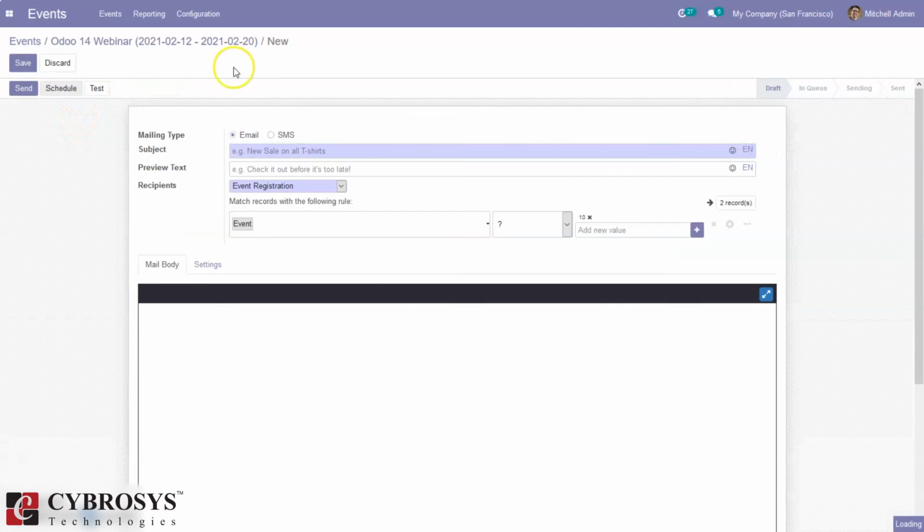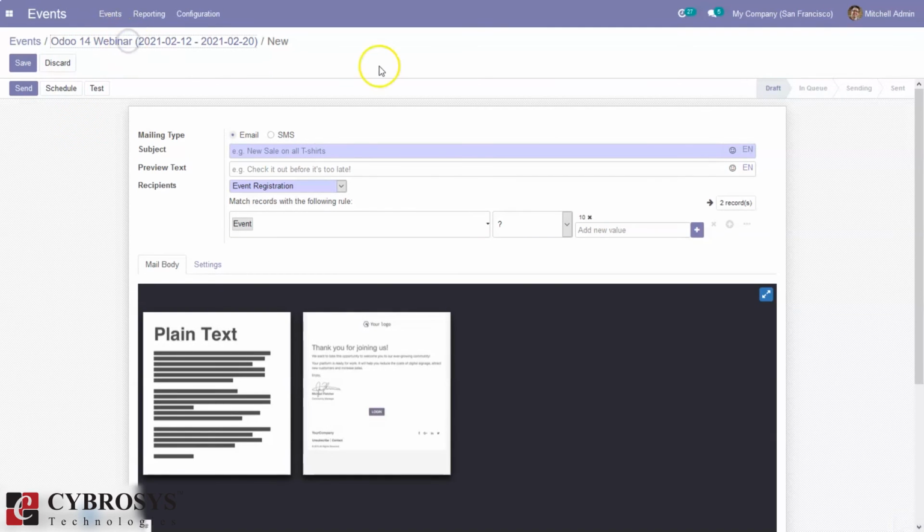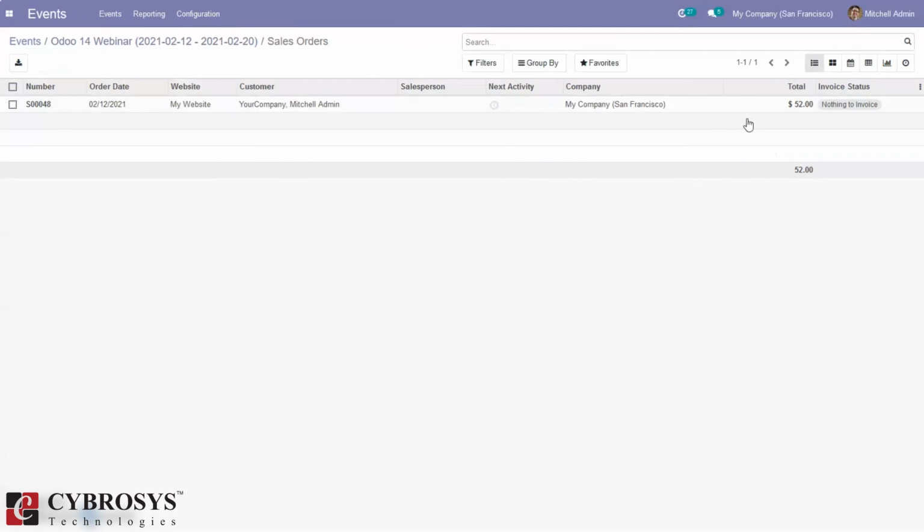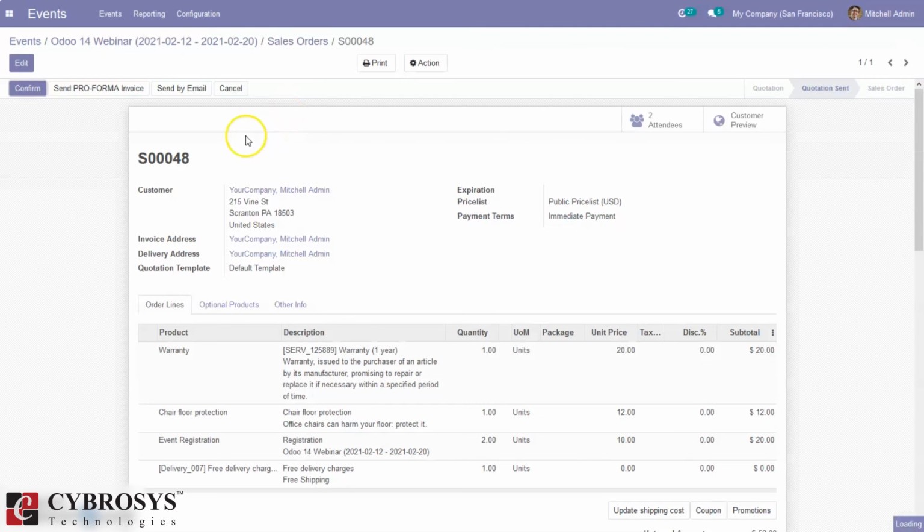Here we can see the total sales related to the event. When you open this, here we can see the customer and products.